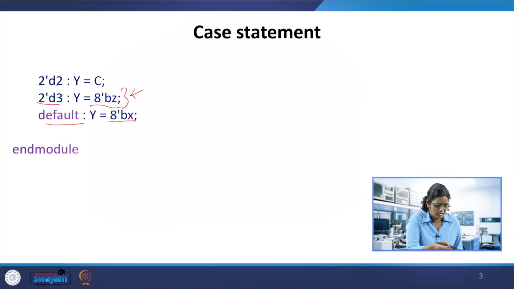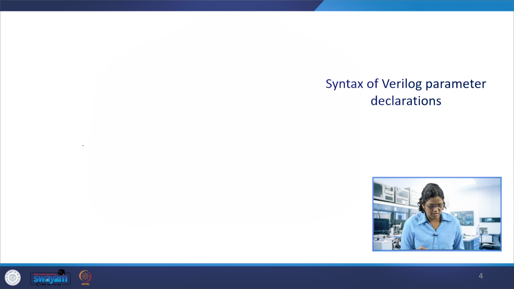You can also represent them in decimal. This is a behavioral description of selecting certain inputs among the 3 or 4 inputs and then assigning it to a bus. Then endcase, the case and endcase are mandatory. The endmodule I have already fixed when we started. So, this is the example of the case statement.